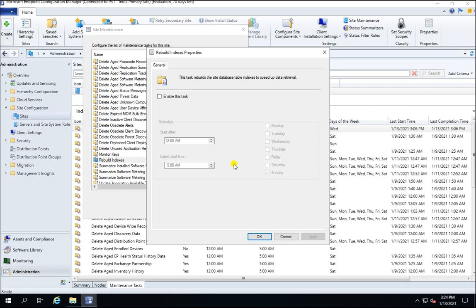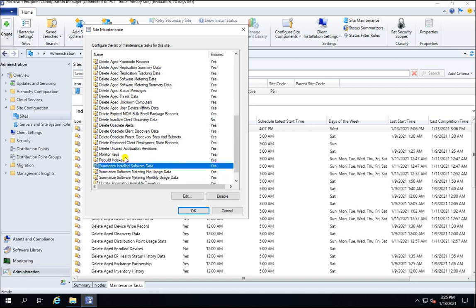So your tables will be repaired automatically at a particular time. But this task is a little risky, so be careful when you are doing it, because when your database is doing the rebuild index, there might be a problem. So before doing that, set up a proper backup. I have not seen any issue with rebuilding the index, but it might cause an issue. So you can enable the task for rebuilding the index. It's totally related to SQL maintenance.